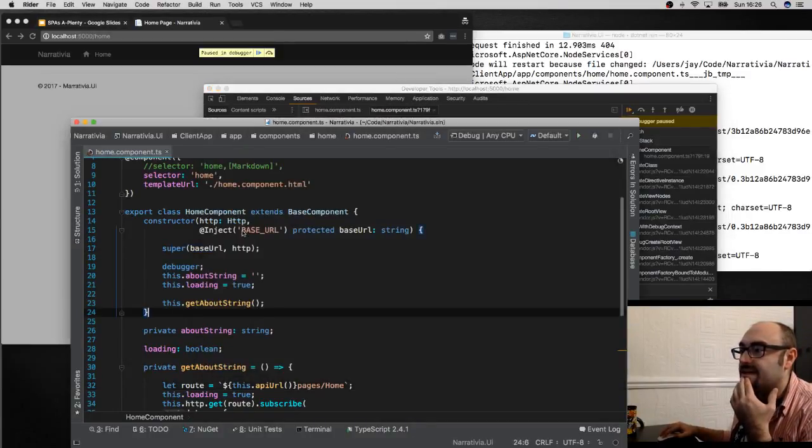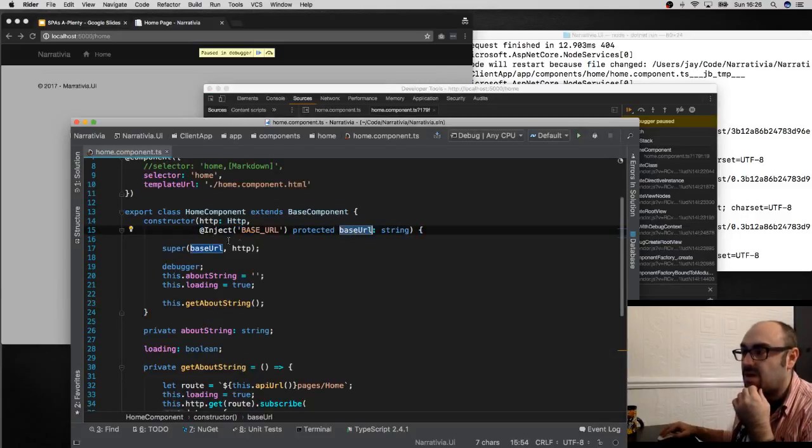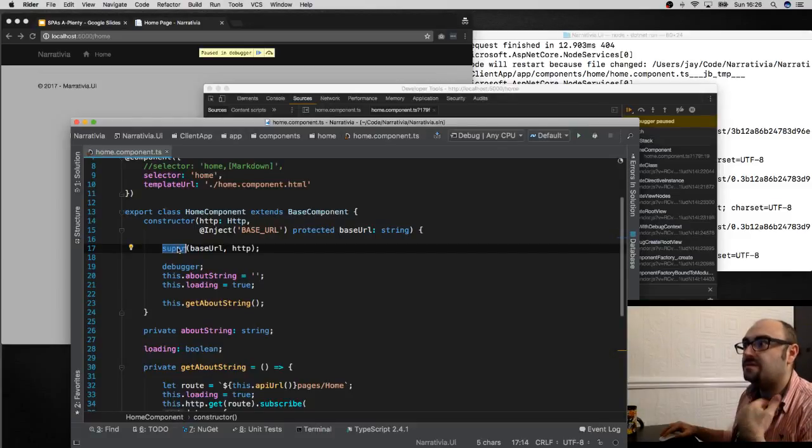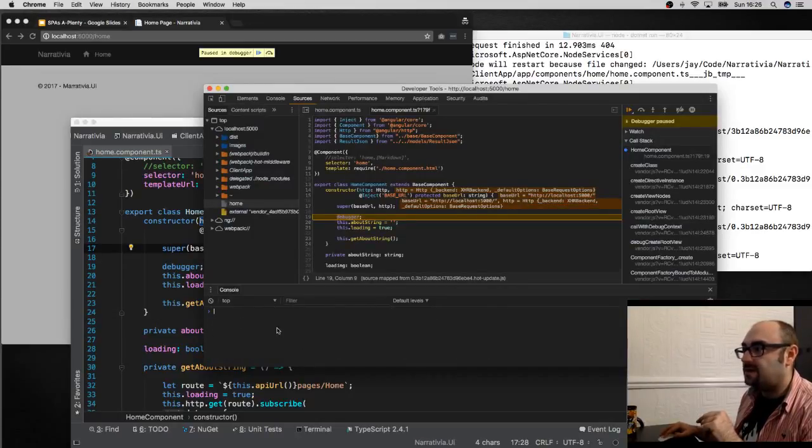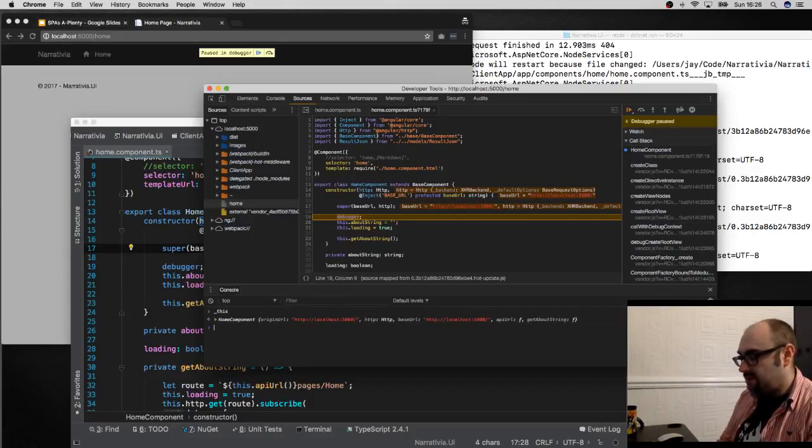So what we're saying is inject me the base URL, put it into this protected string called base URL, and call the constructor of the super class, which is base component, with the base URL and the HTTP type that we're passed in. And then what we're going to do, if I clear all that out, is go this. Is that the right this? Sometimes it gets it wrong. Yep. So if I go this dot